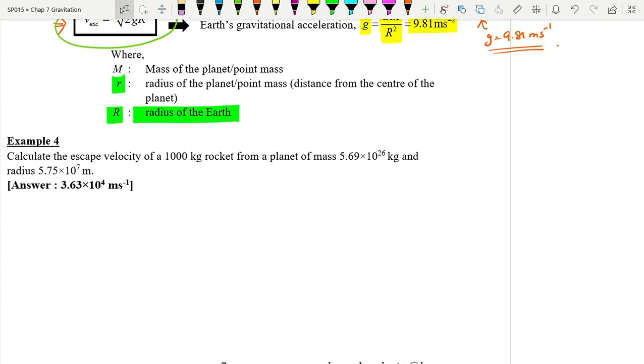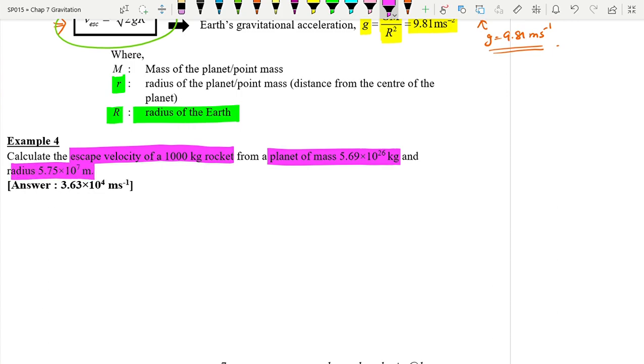Kita try jawab example 4. Calculate the escape velocity of a 100 kg object from a planet of mass 5.69 exponent 26 kg and radius 5.75 exponent 7. Okay, even though soalan ni mention tentang roket punya mass, tapi by using the formula of V escape, kita tahu formula dia square root 2GM over R. General formula for V escape, sebab ini dia tak specify ini adalah Earth, so it could be any planet, tak kisah any planet apa sekalipun, dibagi mass of this planet dan radius of this planet. So kita gunakan general formula for V escape,